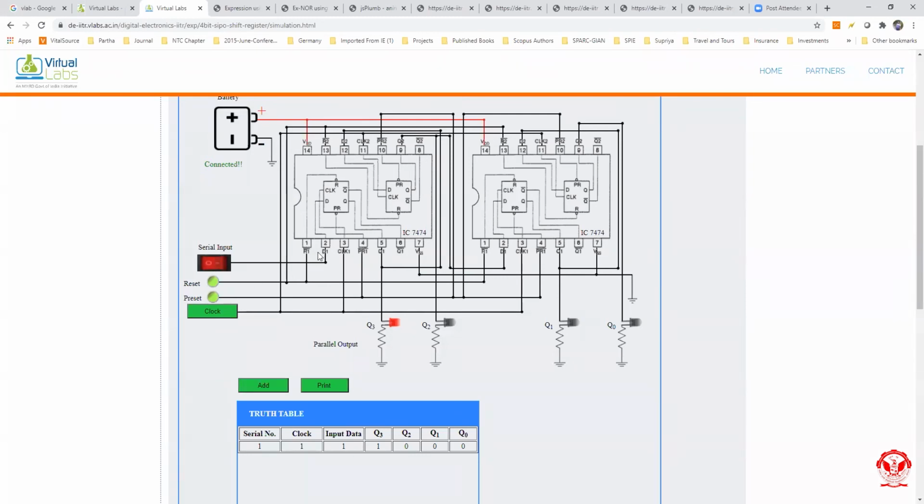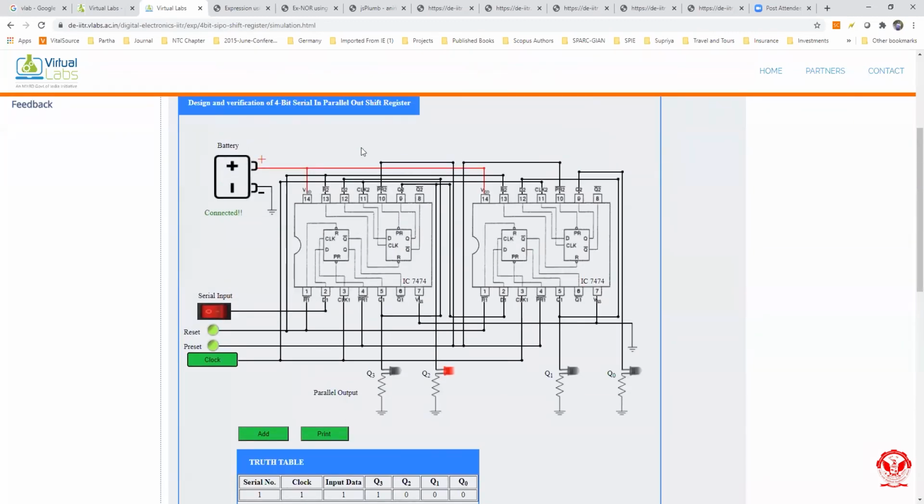Now let us consider the next clock pulse, where we apply 0 input. Now click on the clock pulse, and we can see that whatever I have applied at this time is reflected at Q3. Since I applied 0 input, it is reflected at Q3, but after applying the clock pulse, whatever was at Q3 is shifted to Q2, and that is why it is called a shift register.